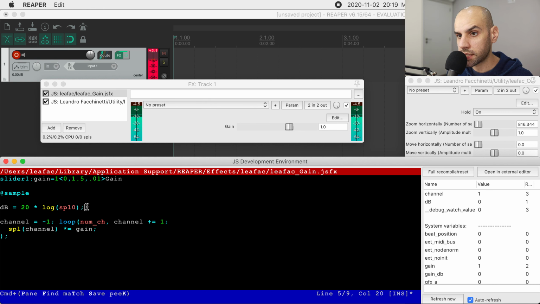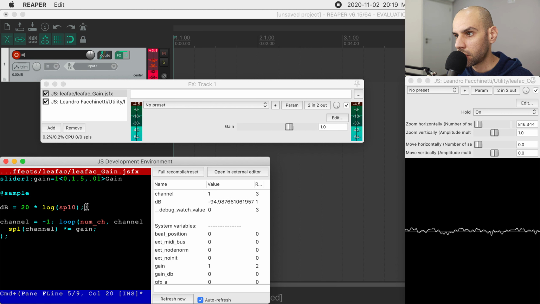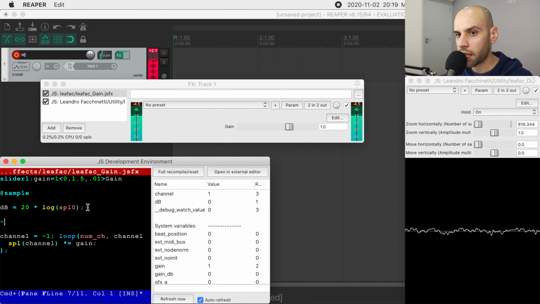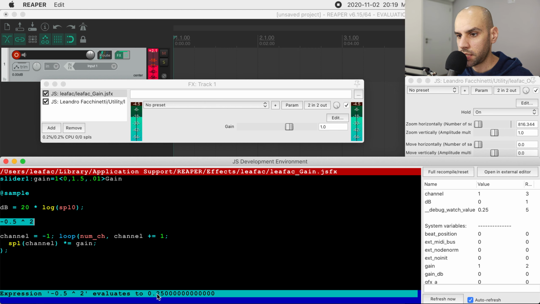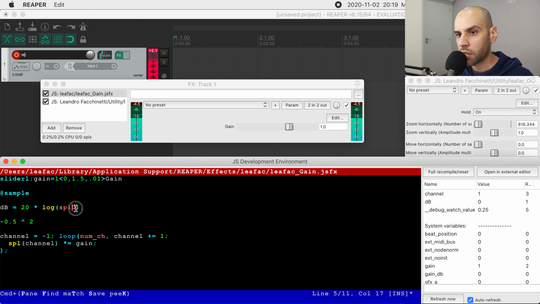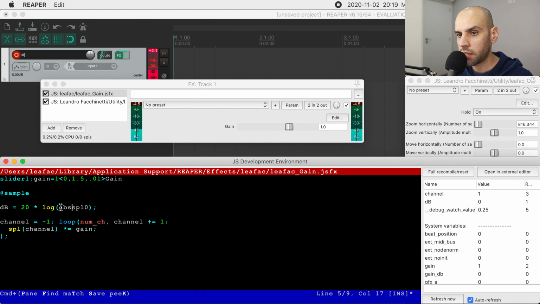So you cannot trust this computation when you're taking the log of 0 or the log of negative numbers as well. So if your sample is going in the negative here, before we were squaring the value, right? So that would get rid of negative numbers because things like minus 0.5 times minus 0.5, or really 0.5 squared, that ends up being a positive value. But now we are no longer taking the square, so I think we should take the absolute value